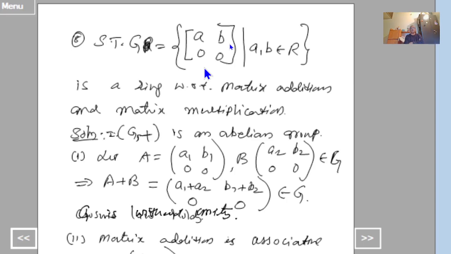This is the ring without unity. Is this a commutative ring? I have to verify whether AB equals BA or not. Suppose for commutativity, let me consider AB. AB is A1, B1, 0, 0, and B is A2, B2, 0, 0. If I multiply these two, then we get here A1, A2,